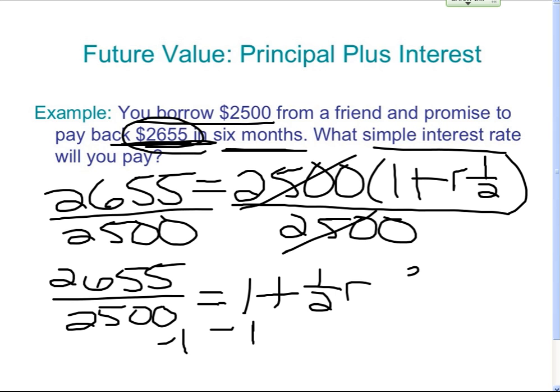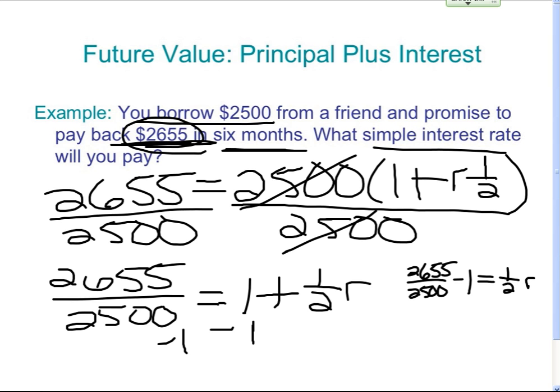So right now, I'm going to write a little bit smaller, 2,655 over 2,500, subtract 1 is equal to 1/2 R. Again, still not time for your calculator. You got to wait until we're completely done solving for R. And now we have 1/2 times R to get rid of the 1/2. Opposite of times is divide. But this is a fraction, so